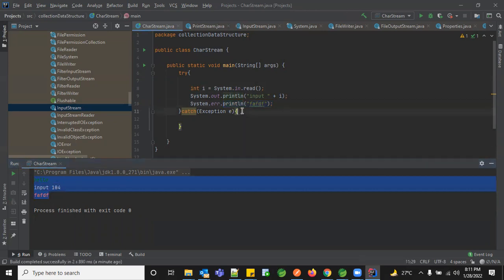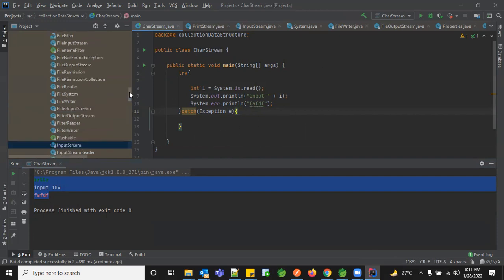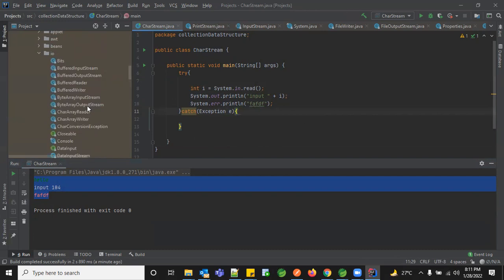So this is one way of handling your data, like retrieving your data in the console format. On the application level, we can do the same thing, and on the stream level, we can do a similar one. Yesterday, we noticed the byte array input stream and byte array output stream, which is one category under your stream classes, like input stream and output stream. We'll see a few more classes we can use, and what is the difference between these two streams, because internally both the read method and the write method do the same thing. So what is the one more advantage we find there is something we'll look into now.